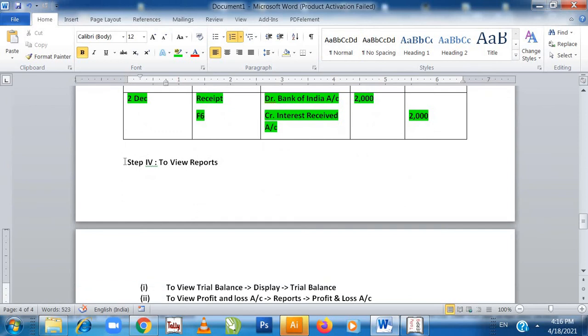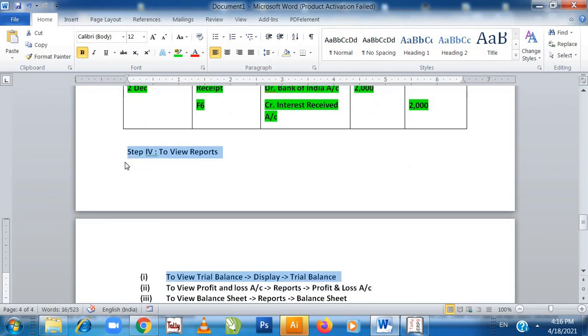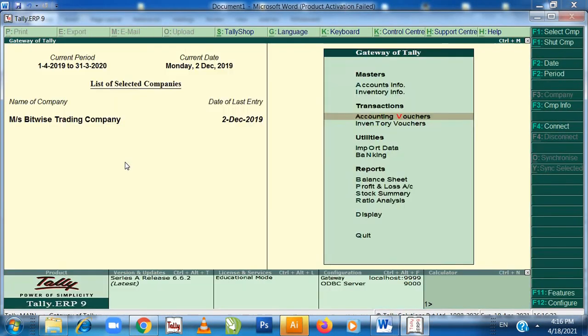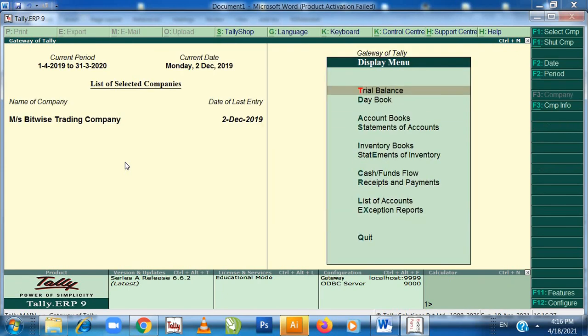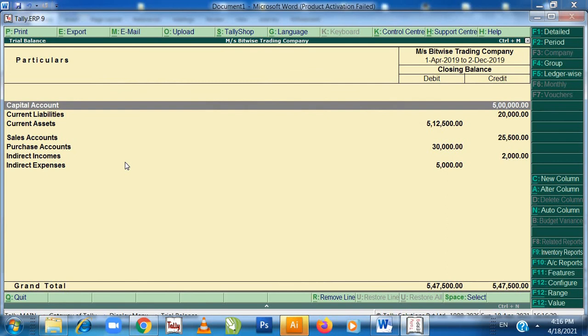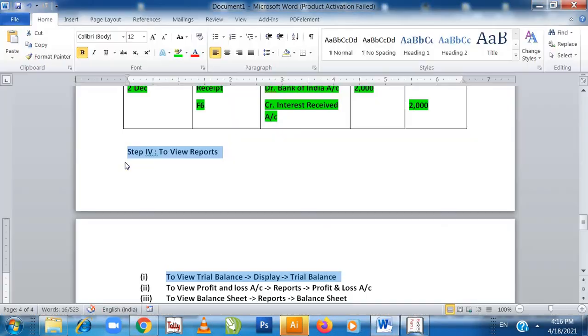Now step 4, to view reports. Now first, if I need to view my trial balance, I can view my trial balance also. It's very simple. Go to display, go to trial balance. So here in my trial balance you can see all my entries have been posted. So now the first criterion has been fulfilled.